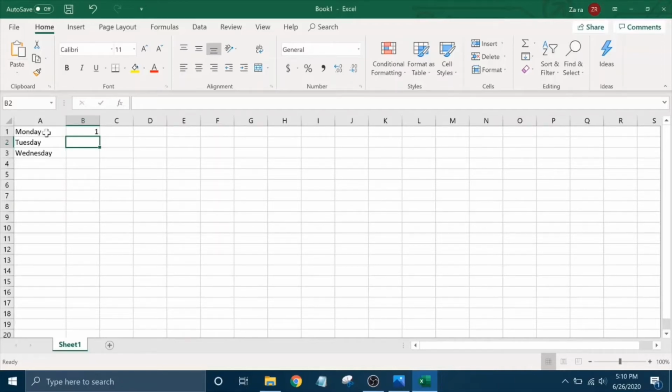Now, type 2, press the Enter key. Type 3, press the Enter key. You can see the text is aligned to the left, and the numbers are aligned to the right. Now, let's say you accidentally typed 5 when you meant to type 4. You press the Escape key on your computer, and it will erase what you have typed. If you want to delete content of your cell, you can use the Delete key on your computer,